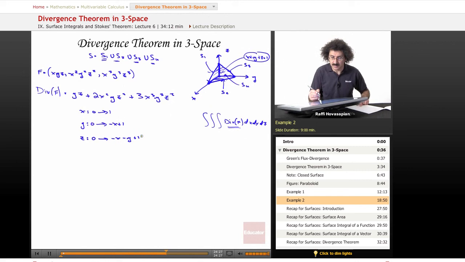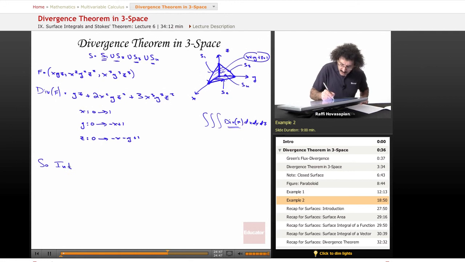That's it. So again, all of these integrals ultimately come down to two things. You need to be able to extract the integrand. You need to be able to figure out what the upper and lower limits of integration are, and you're done. The rest is very, very easy. That's what all these problems are about. So our flux,